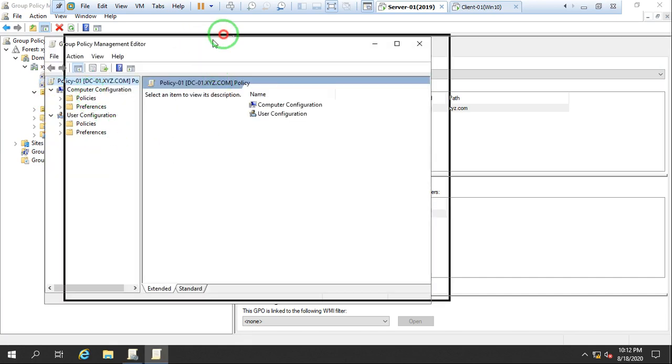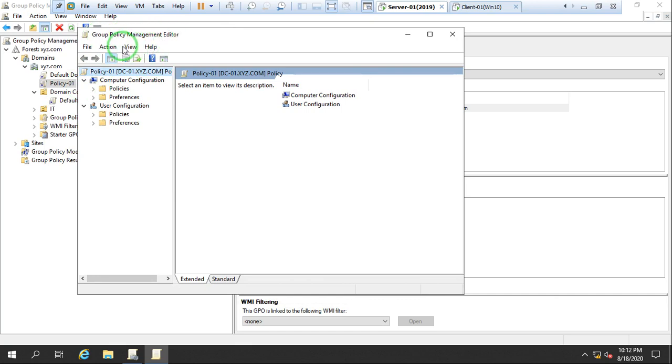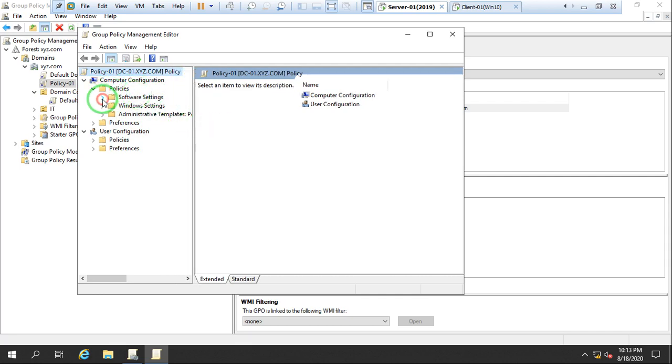As you can see, the group policy management editor is open automatically. We have two consoles. With the help of the group policy management console, we can create, delete and manage the policies. With the help of the group policy management editor, we are going to edit the policies. Now we have two options: computer configuration and user configuration. Once you click on computer configuration and then policies, we have all the options: software settings, Windows settings, and administrative templates, which I already told you. If you want to apply policies on software settings, such as software installation, you can go for that. If you want to apply policies on Windows settings, we have all the Windows settings also.